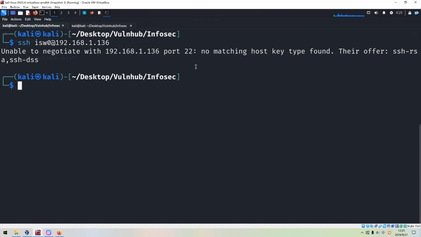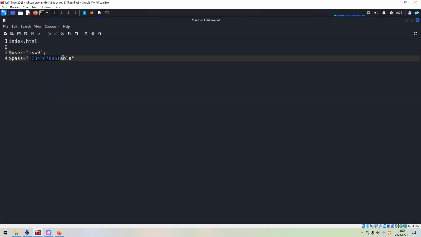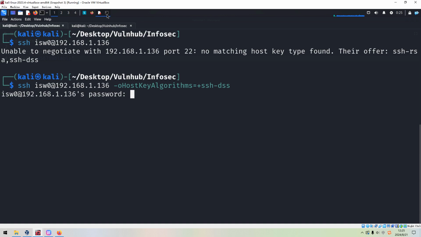I think solving this issue is very easy. We just put the option for the host key algorithm and add ssh-dss. We can press enter, copy the password from the notebook, and paste over here.